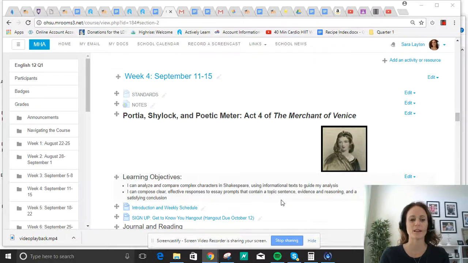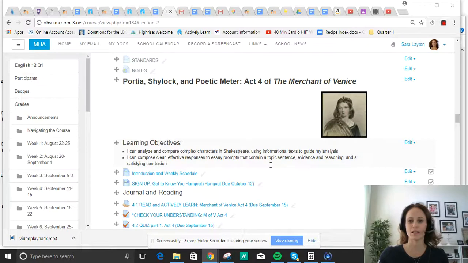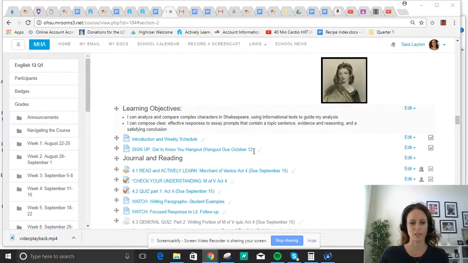Both have certain amounts of power, and both have reasons that other characters might be prejudiced against them. One because of his religion, and one because of her gender. So it's going to be interesting to kind of compare the two and how they manage to exist in this time period, and how they gain power and lose power among the other characters and situations.